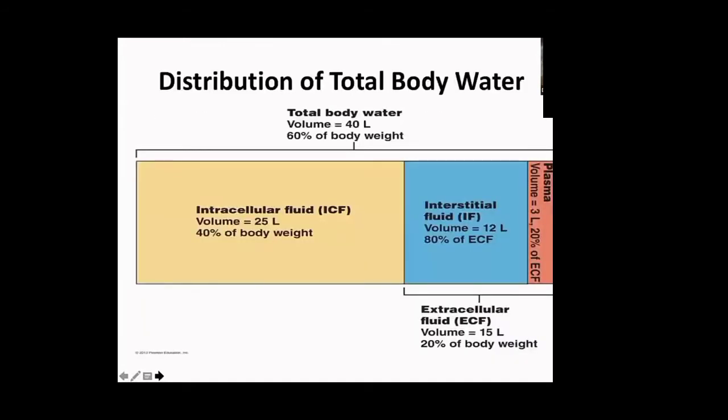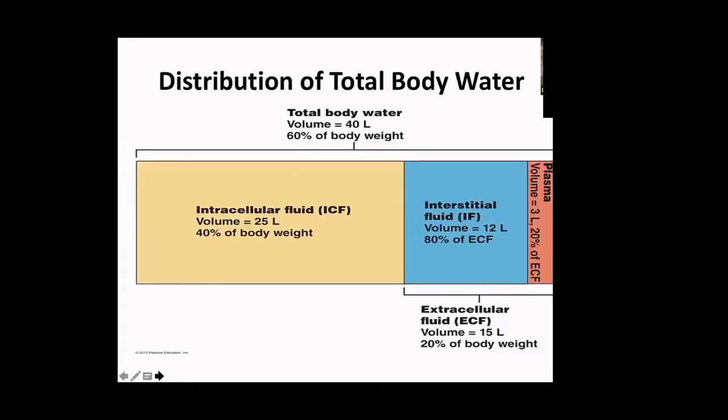So just to see the distribution of total body water, 2/3 of the body water is in the intracellular compartment. That is, if it's 40 liters, 25 liters is in the intracellular compartment. Only 1/3 is present in the extracellular compartment. So out of this 40, 25 goes into the intracellular. It doesn't play an important role because sodium is the extracellular ion. So 15 liters is the extracellular.